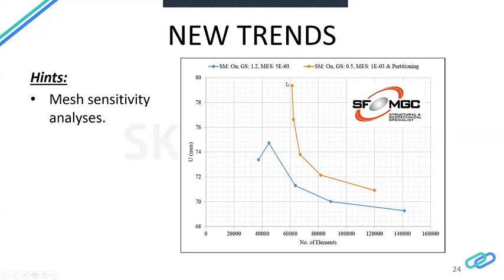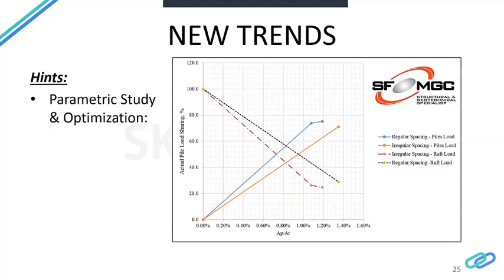While if you have 60,000 elements, your calculation time will be very fast, but it will not be accurate. So you have to decide an acceptable level you can accommodate in your project. For example, 70 or 80,000 elements might be okay. It is also good practice to use parametric study or optimization of the system before concluding the foundation